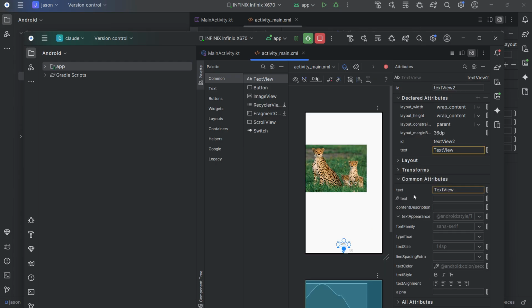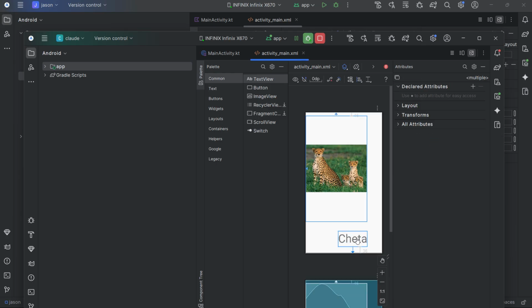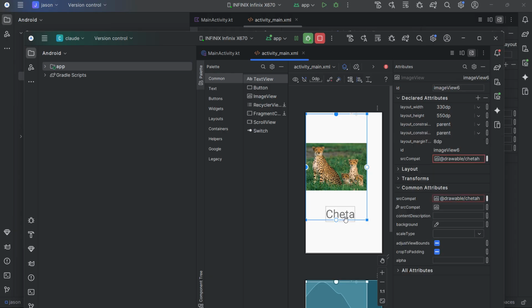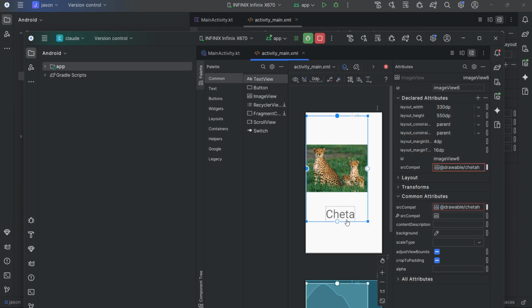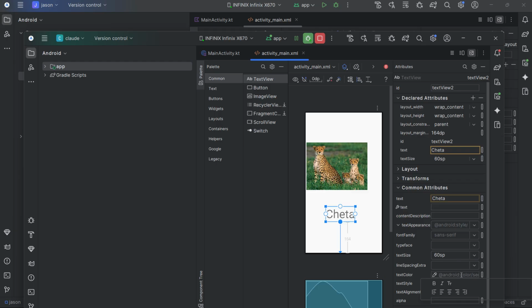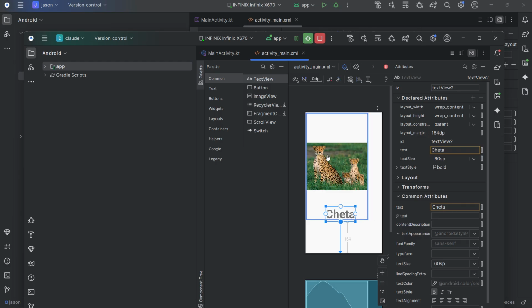Enter. Text size, I will put 60. Here. So I will change the color. Bold.